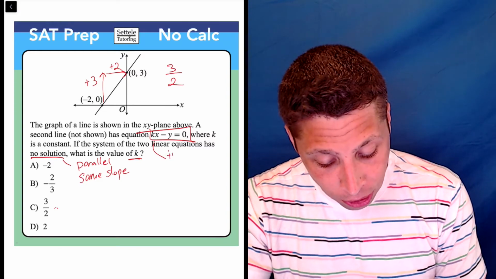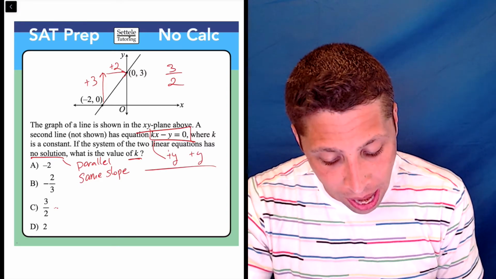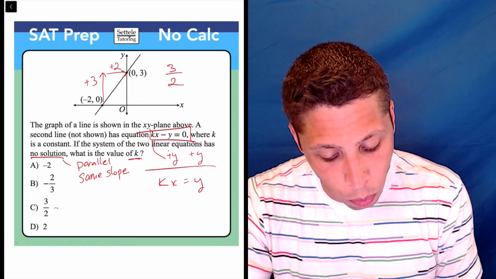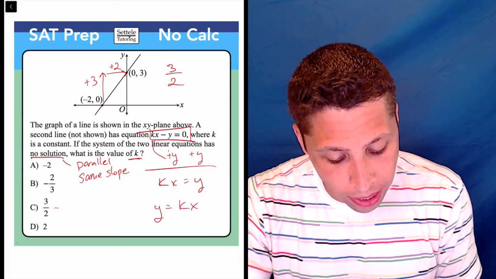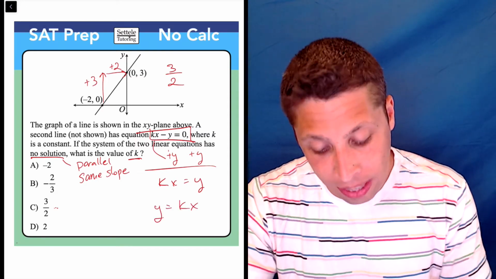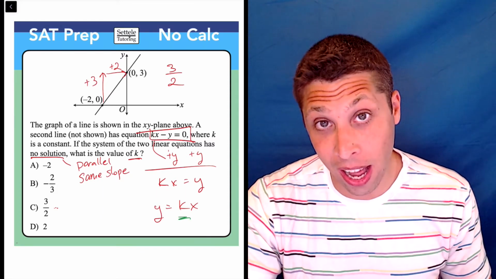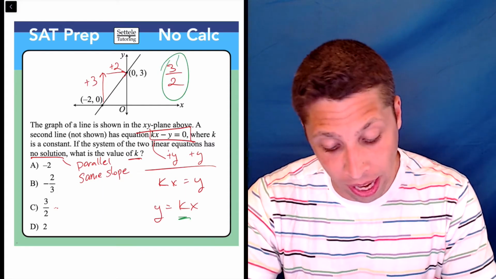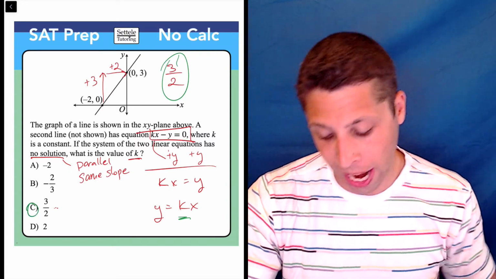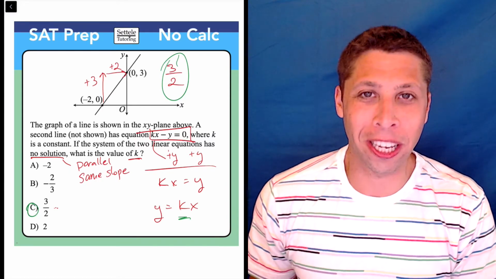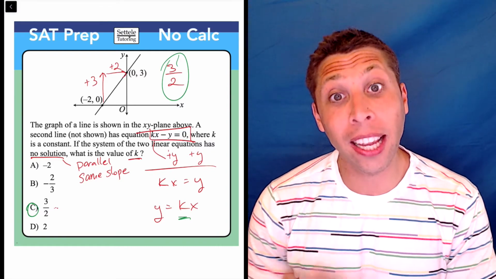It doesn't take much. I just need to add y to both sides, and I get that kx is equal to y, or to flip it around, y is equal to kx, and now I can see much more clearly that k is the slope of this line, and so now I feel safe just saying it's going to have the same slope, which is 3/2. So if you did take that little shortcut, it wouldn't have cost you here,